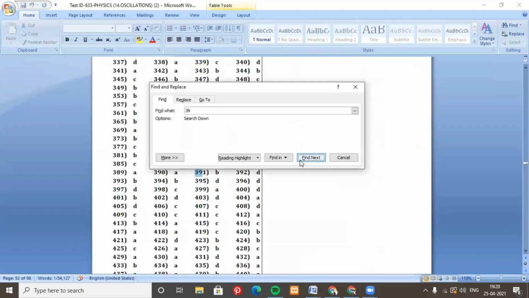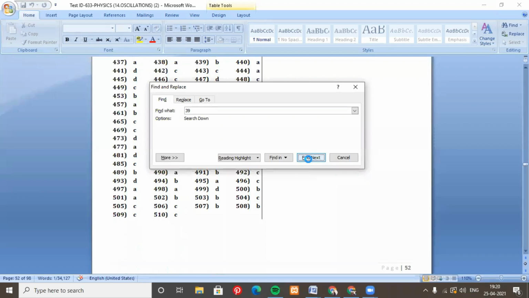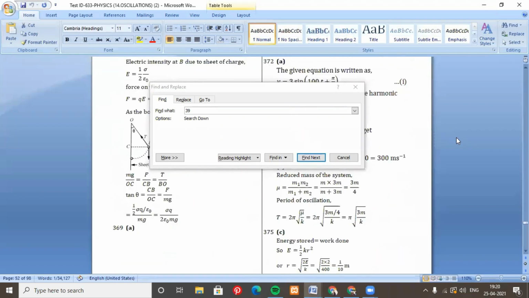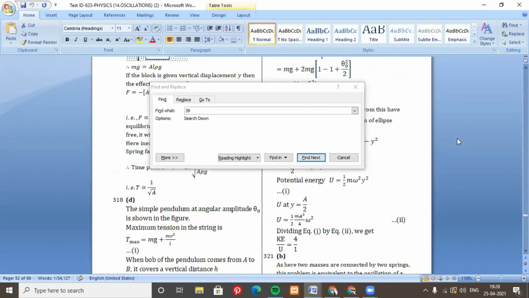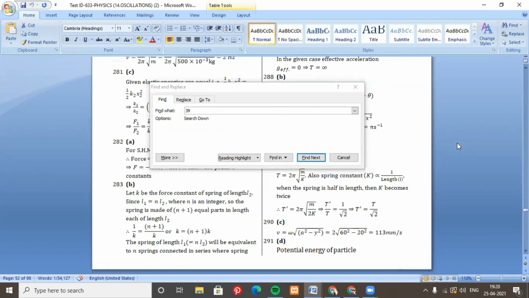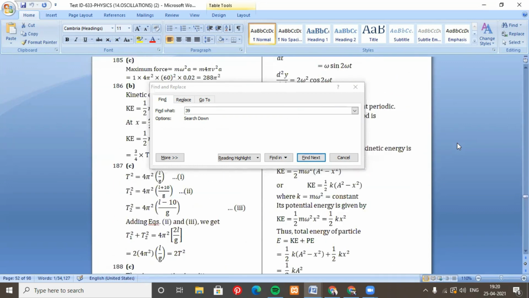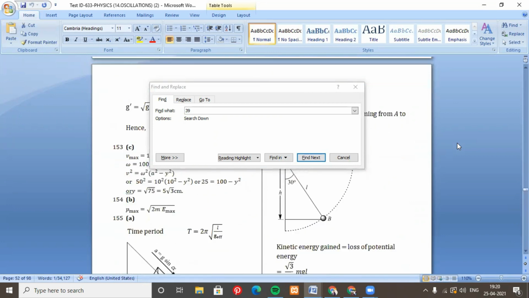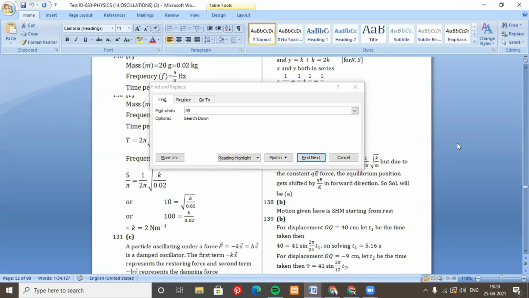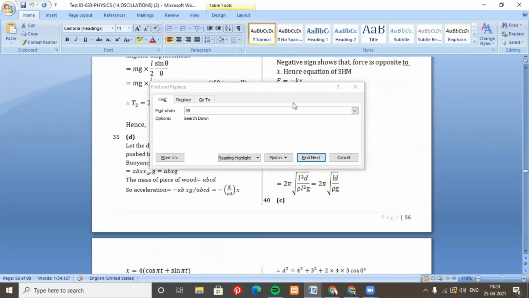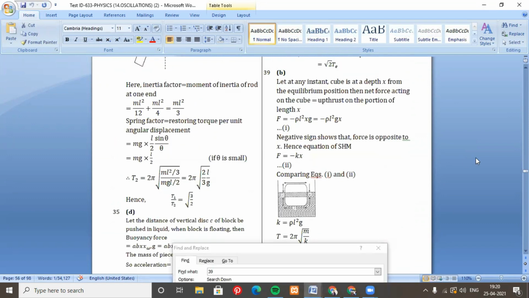Then for the solution, the 39th question.